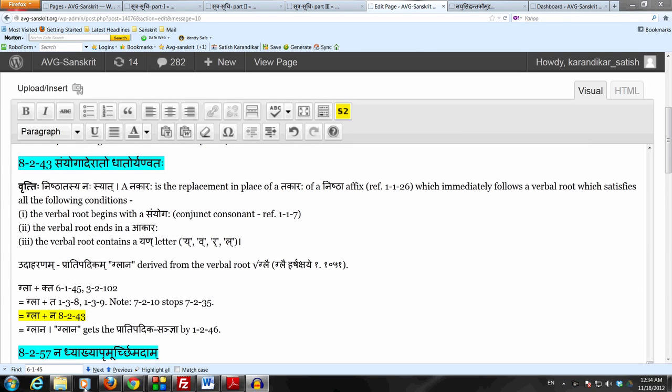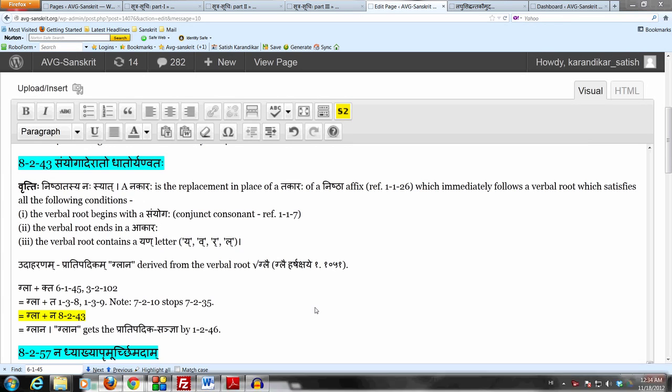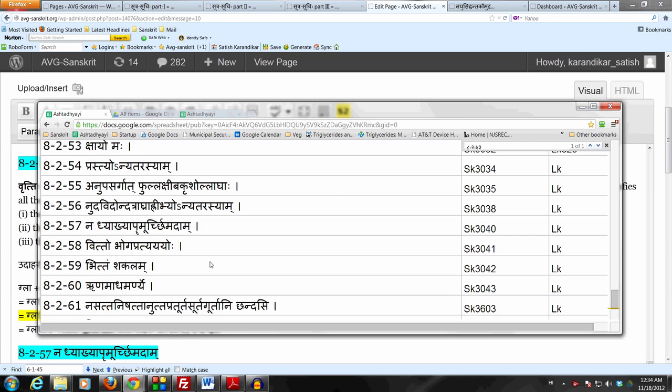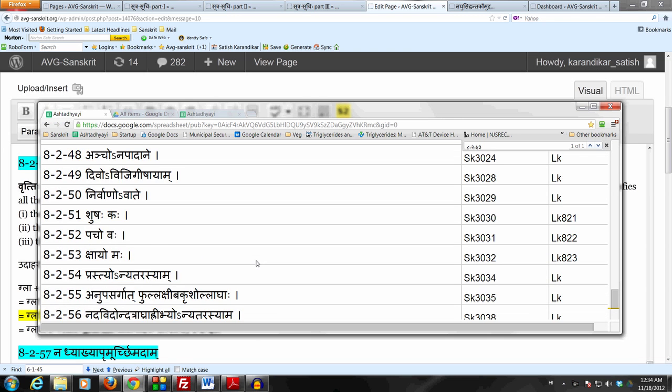Let us now continue with the section Nishthato Naha, which we started from 8 to 42. 8 to 42, we already studied the sutram which says Radabhyan Nishthato Naha Purvasya Cha Daha. At that time we noted that this anuvritti of Nishthato Naha goes up to 8 to 61, a set of 20 rules. So let us now take the next sutram, which is 8 to 43, which of course